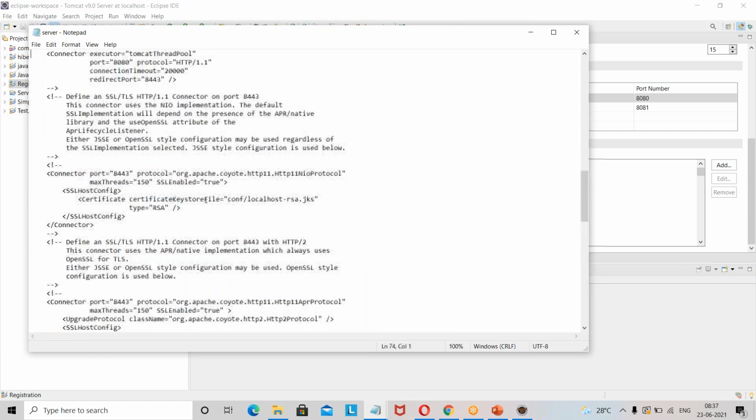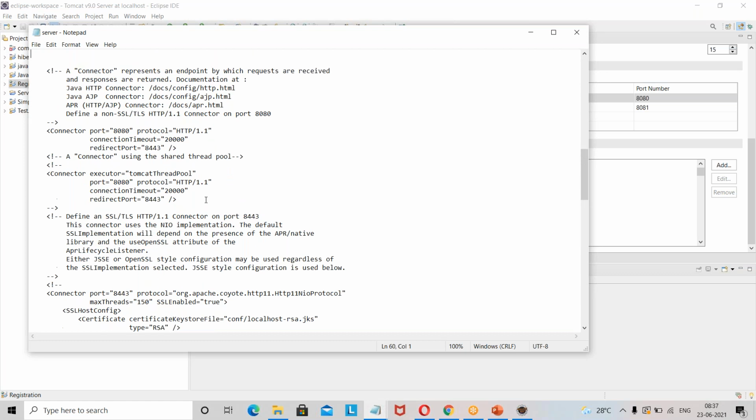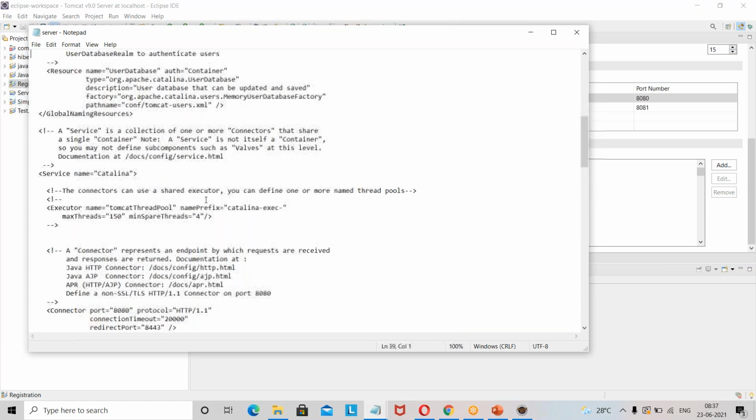There are two port numbers: one is the server port and the other is the connector port. Connector executor port is not required.